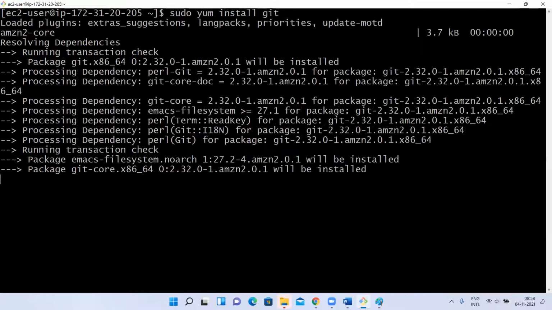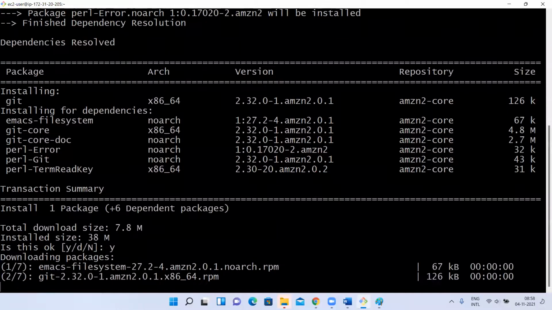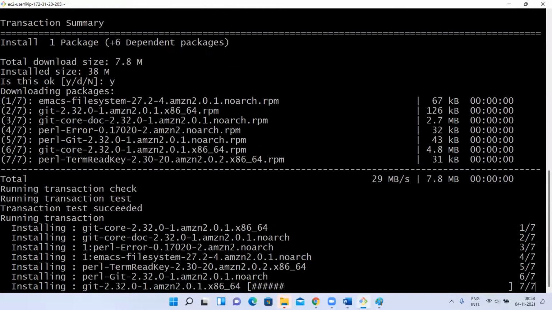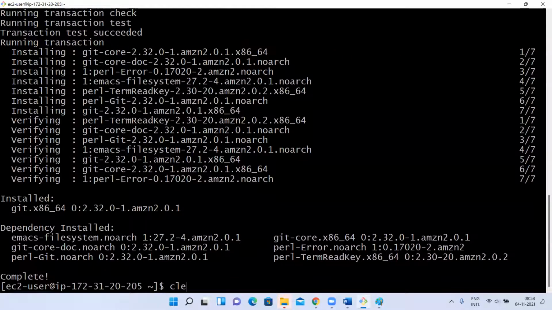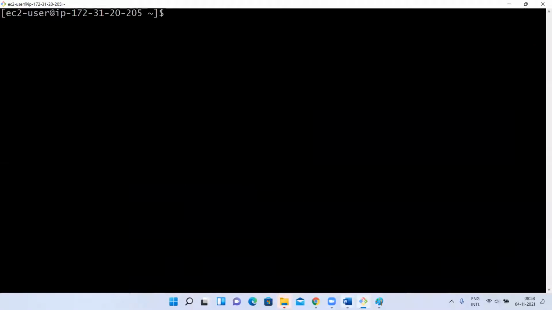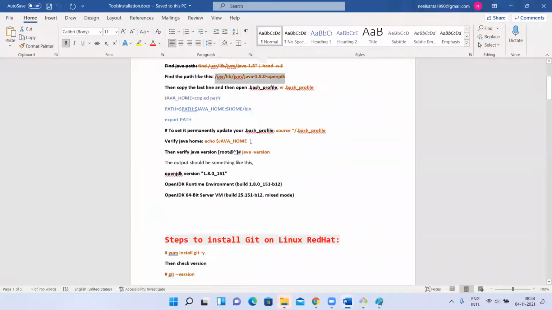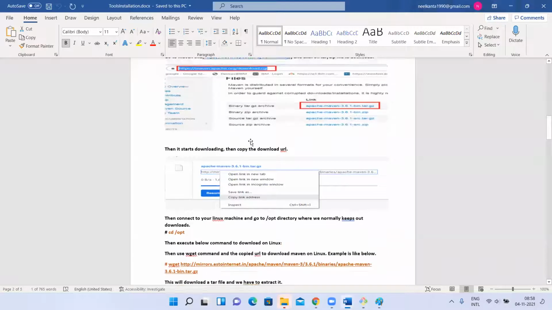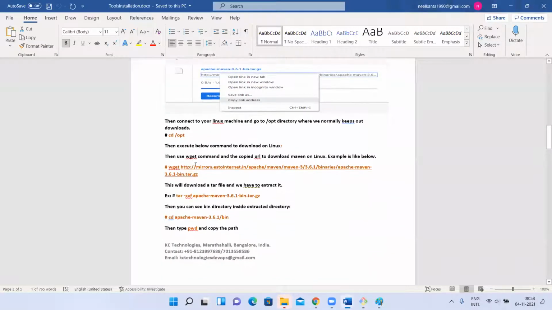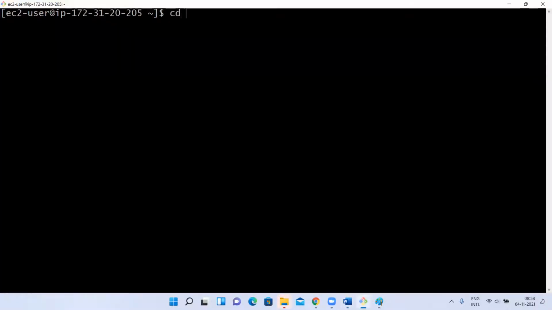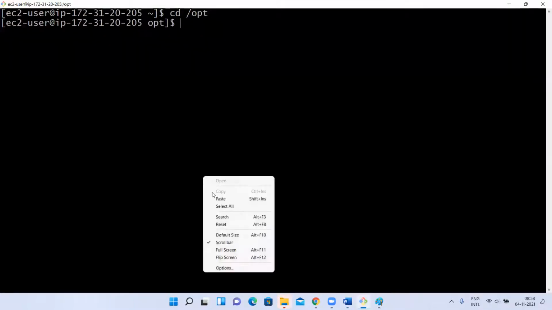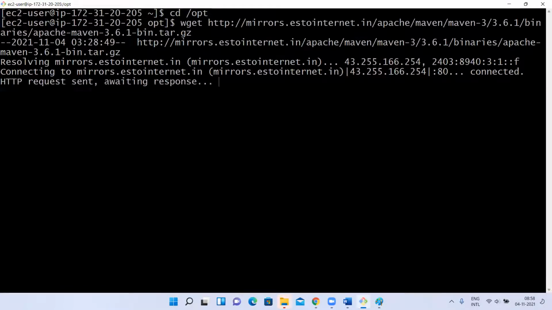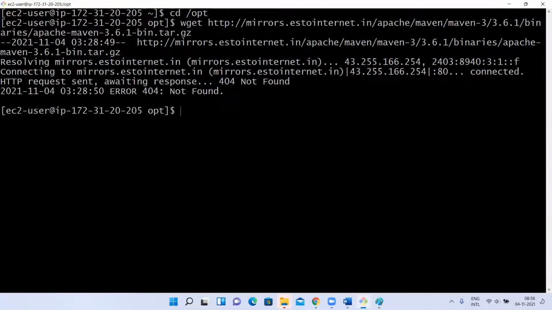I'm going to install Git here. Okay. Let me configure Maven as well quickly. I want to download Maven also, because on the same server I'll try to build using Maven. I'm downloading Maven also. Sudo.